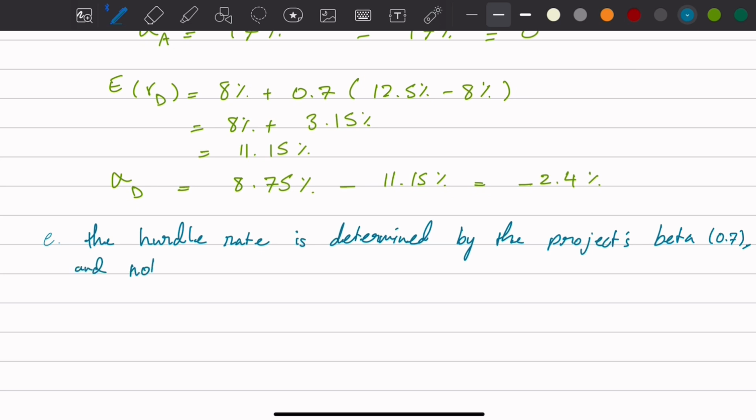And not by the firm's beta. Okay. So the correct discount rate,